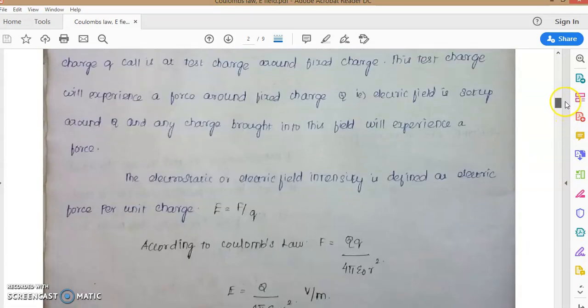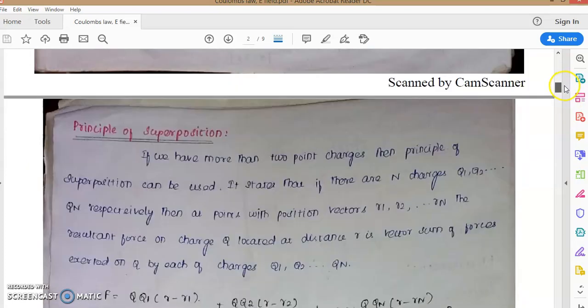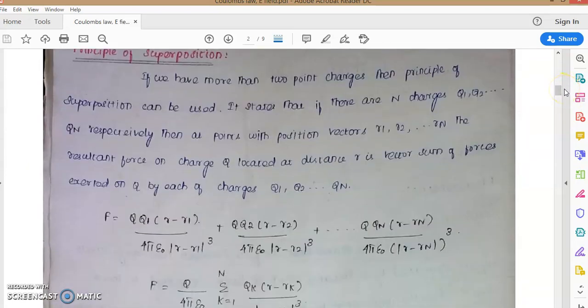Next, the principle of superposition. If we have more than two point charges, let us take a system consisting of 5 or 6 charges, then we can apply the principle of superposition here. What the superposition theorem states is that if there are n charges, q1, q2, q3, etc. up to qn respectively, then at points with position vector r, the charge whose distance from the origin,